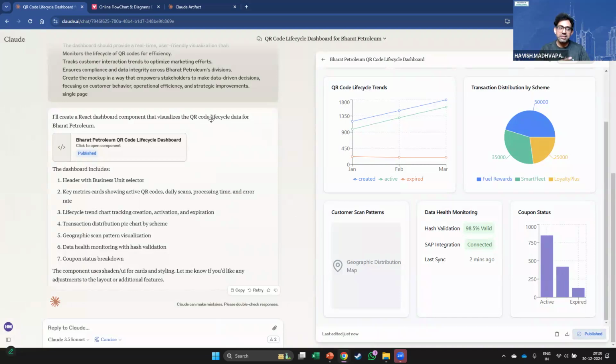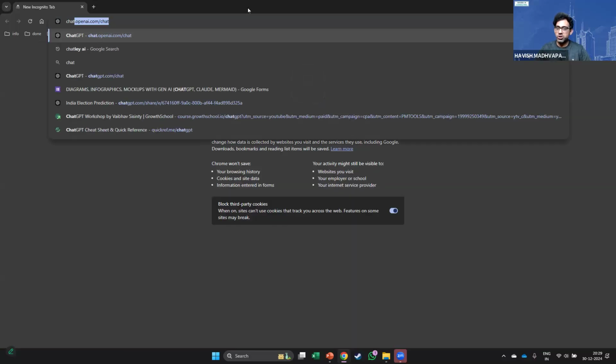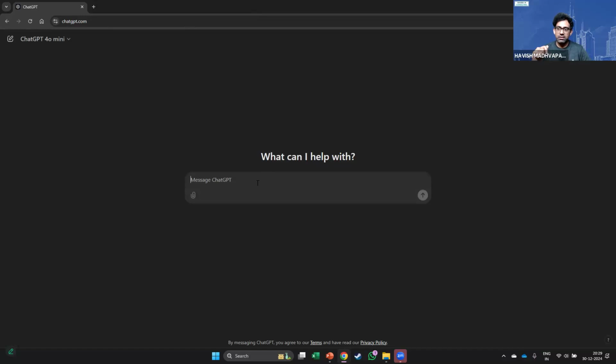See, essentially, think about it. If I go to a free tool, let's say the free version of ChatGPT, and I'm not even logged in, and I ask it, create a mermaid syntax for a process flow for onboarding an ICICI customer.